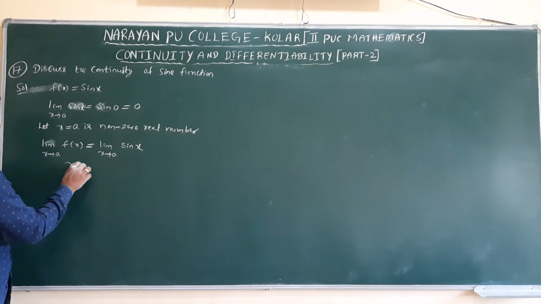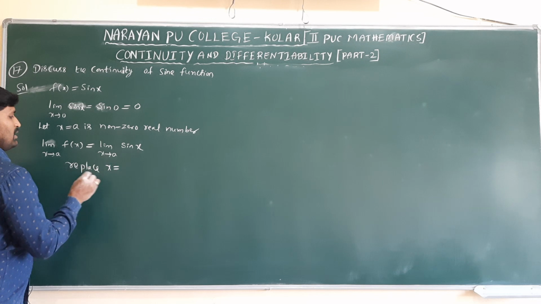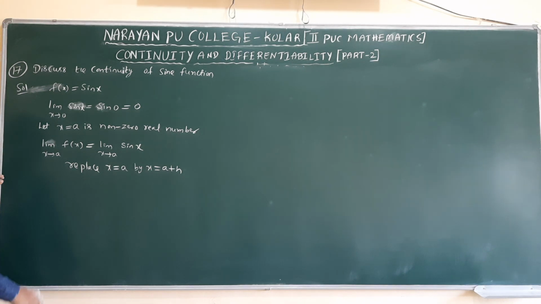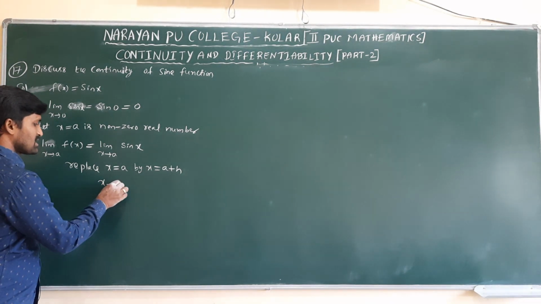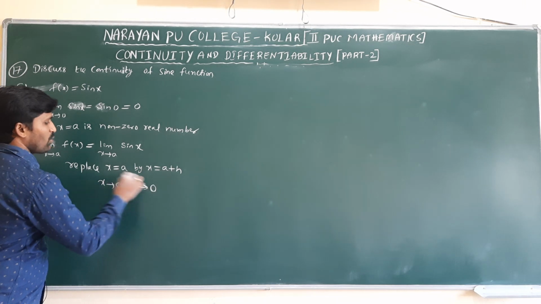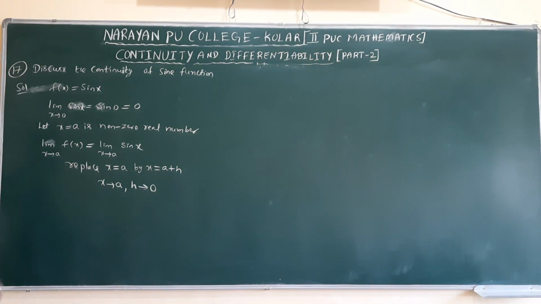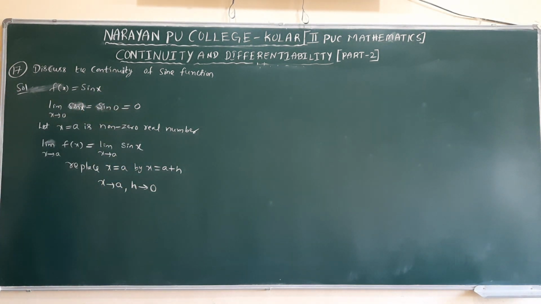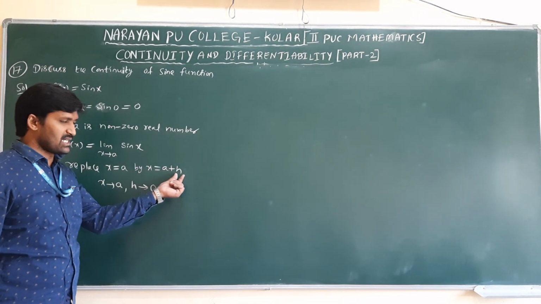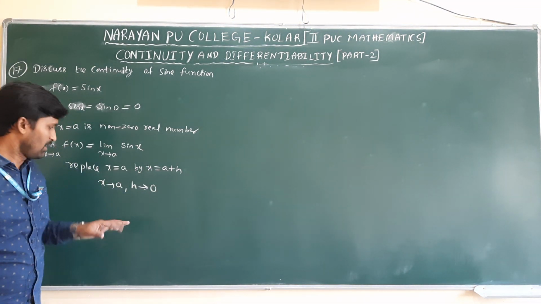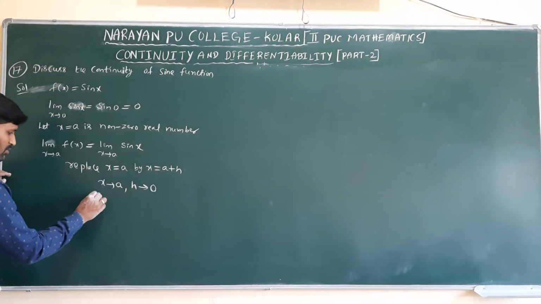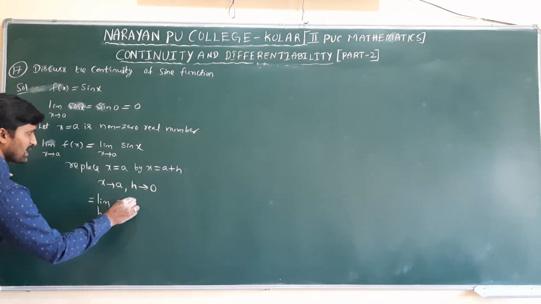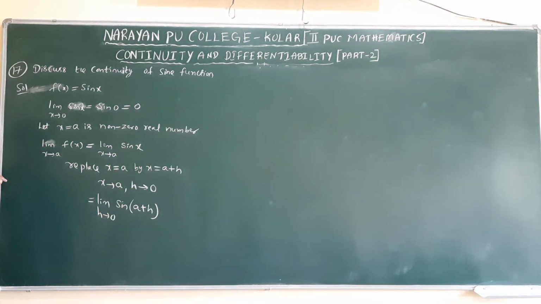So I replace x equal to a by x is equal to a plus h. Now when x is replaced with a plus h, x is tending to a, then h tends to 0. We are verifying for any number. If you take negative, we will get minus plus h. If you take positive, plus h, some value. For example, pi by 2 plus h, where h is 0.0-something. Now we are changing the limits from x tends to a to h tends to 0, replacing the x value with a plus h.